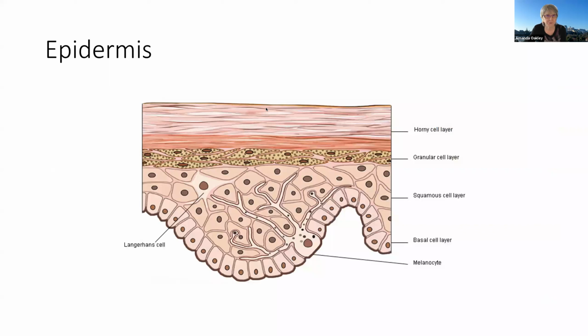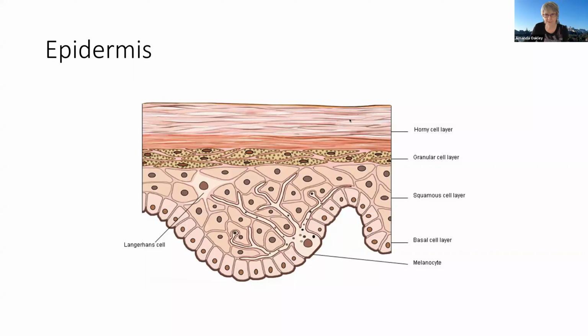Just to remind you of the structure of the epidermis. The epidermis is predominantly made up of keratinocytes. These arise from a basal cell layer of columnar cells that then change into a squamous, more flattened area of prickle cells. Above them, the granular cell layer, and then we have our barrier function of the skin, primarily in